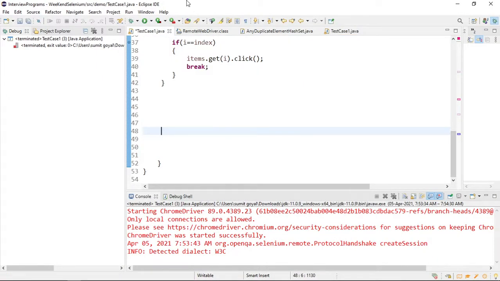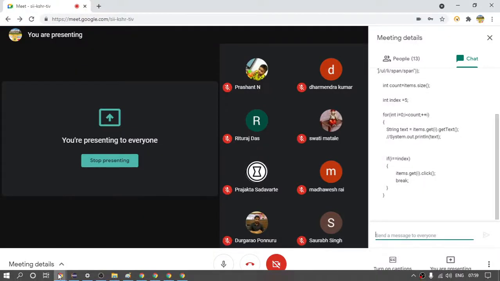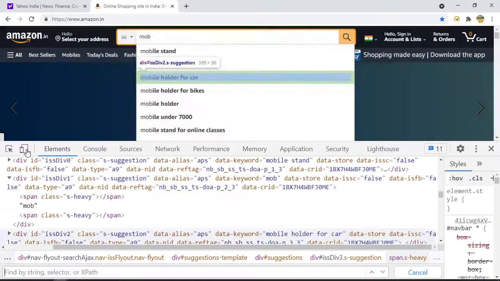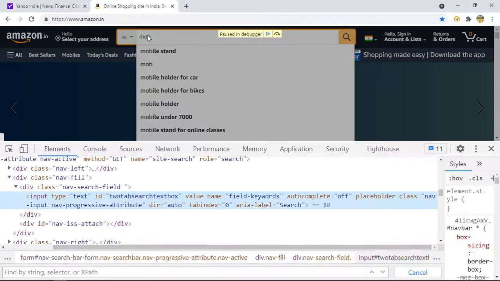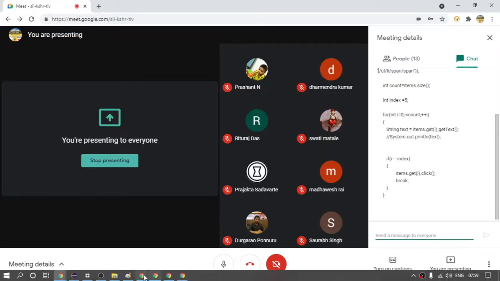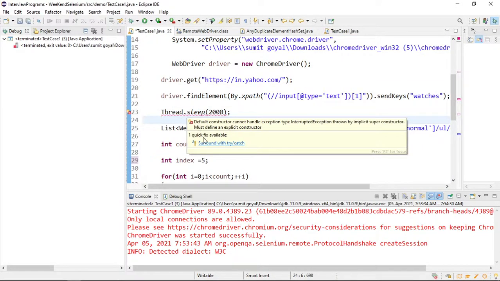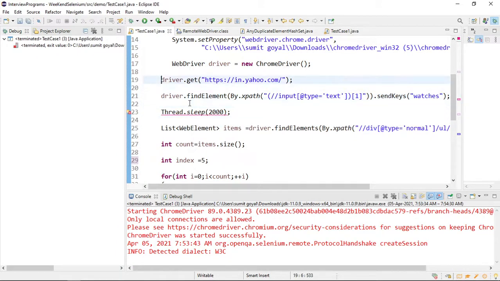So similarly, first let me open the Amazon website. So it is hash ID, CSS shortcut. So now what I do, I will change this.